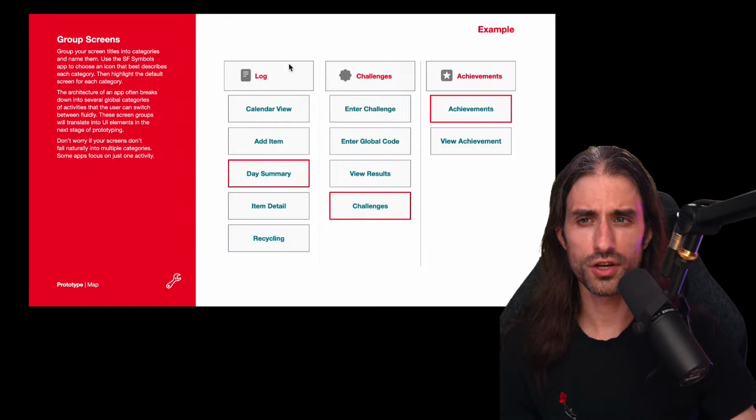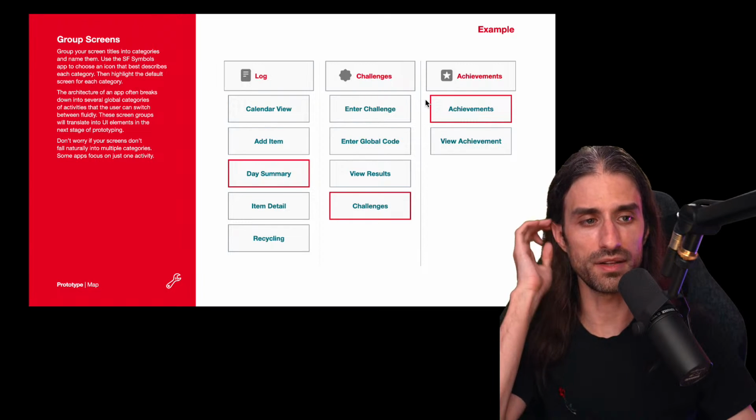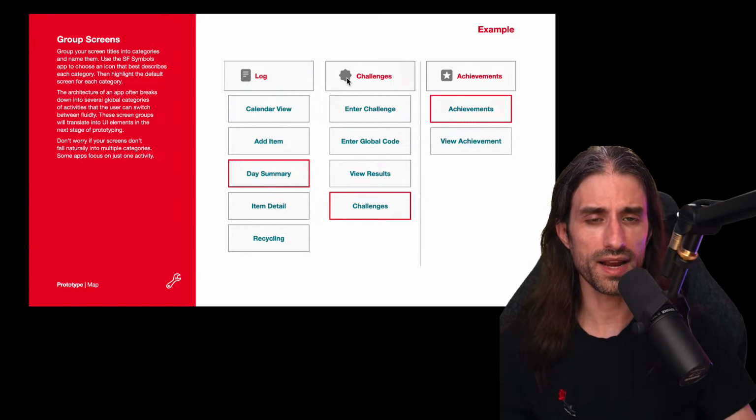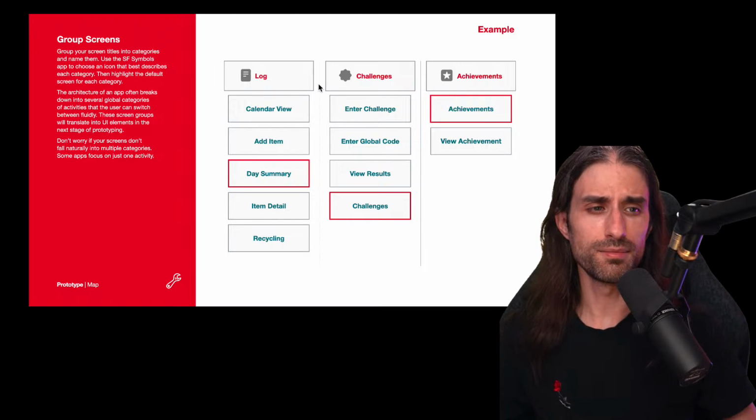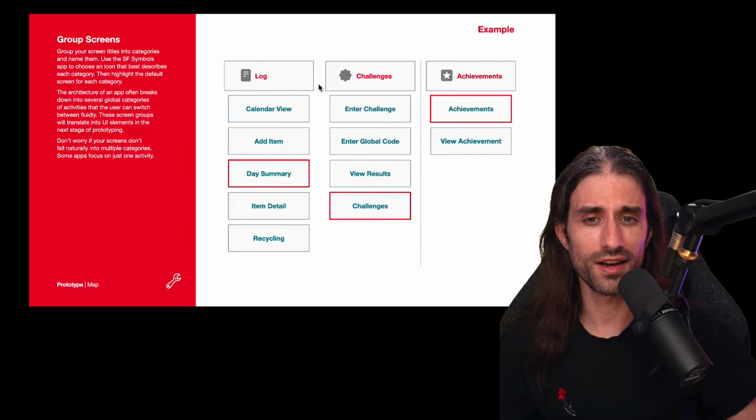So here there is the log category, where you will find a calendar view, adding an item, day summary, item detail, and recycling. And the day summary will be the default function. Then challenges and achievements. So we can see the log and then the two gamified features. It kind of makes sense to highlight challenges and achievements because we want to rely a lot on gamification. But once again, it shows that this process of how to create the categories is much harder to give a clear-cut